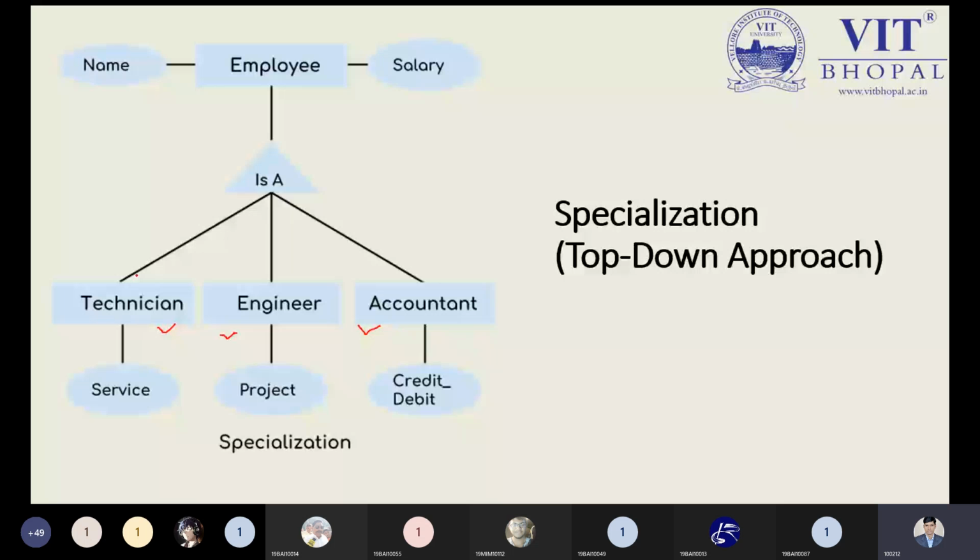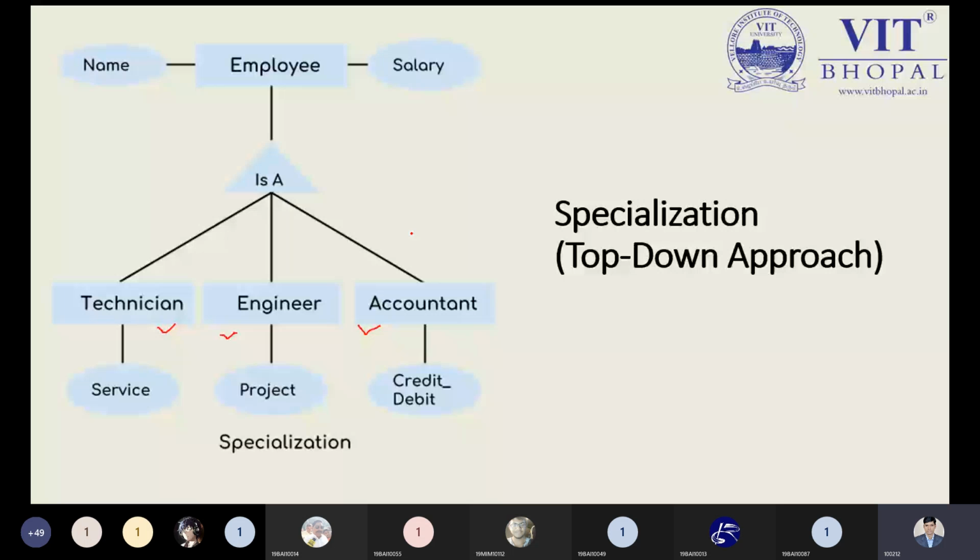Technician, engineer, and accountant, these three different posts belong to the employee category. Definitely, if you look at this entity, and we put the service and project in credit at the time we are putting in the technician detail, then the engineer and accountant part, or any project or credit-debit attribute, will be empty, that is, null. We will not put anything, because we are putting the details of the technician, and he or she can't do credit or debit. So at that time we need to put null, or we can't leave such an attribute. So it's a better idea to divide this employee entity into different categories or sub-entities,